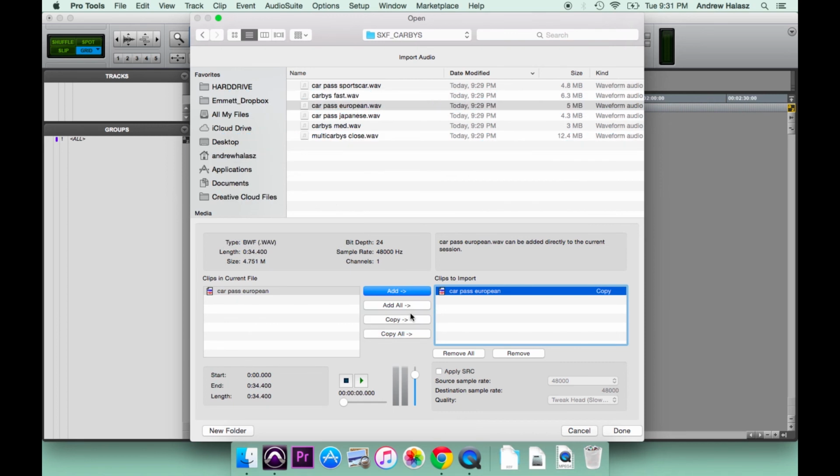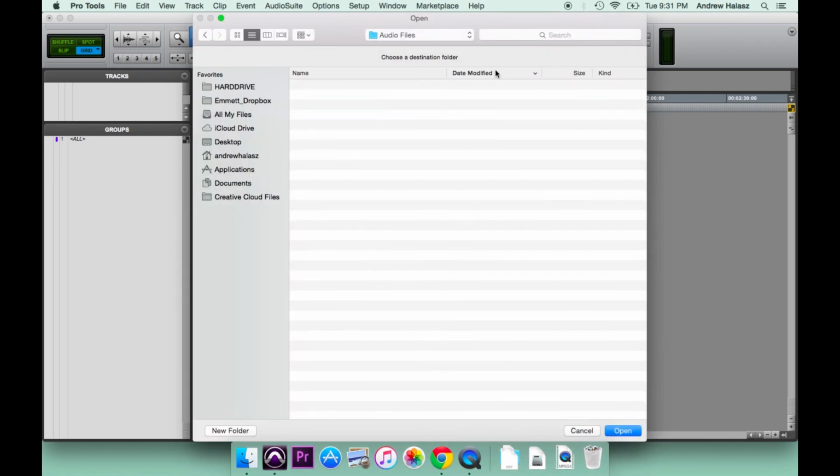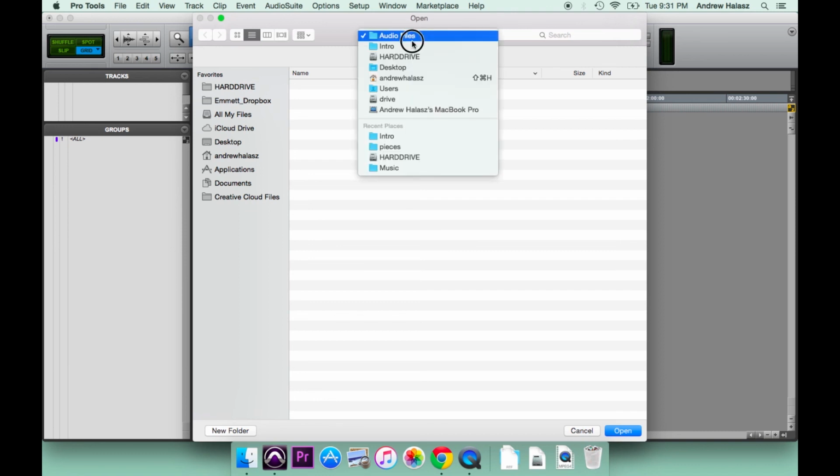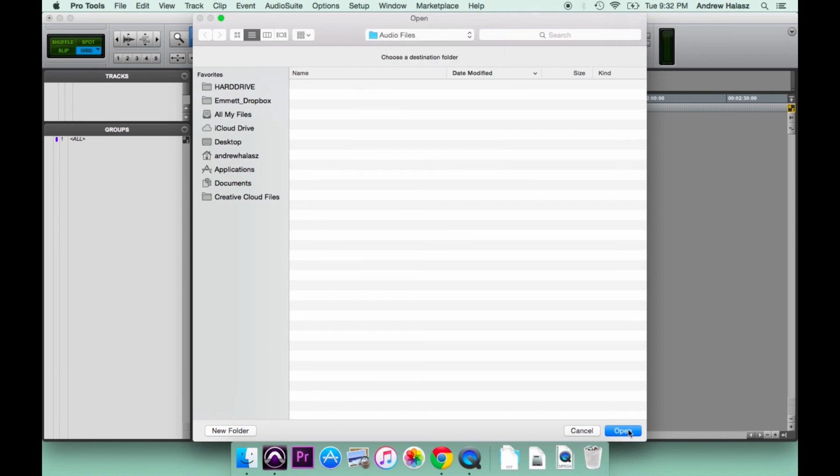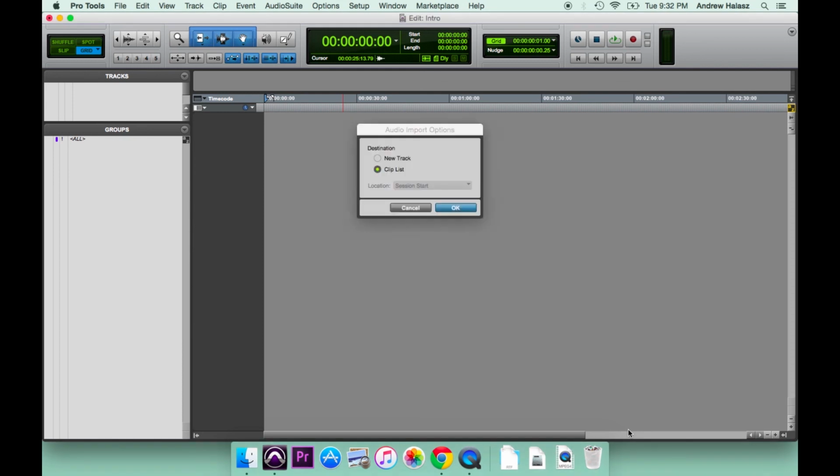So I clicked Copy, and Clips to Import. You'll see it says Car Pass European, Copy, and we're going to click Done. And you'll get another dialog asking you where you want to put it. It's going to default to the audio files folder, which is in your session folder. So we'll just click Open, and it's going to copy the file to that folder and ask you if you